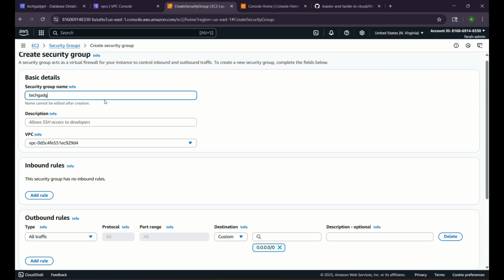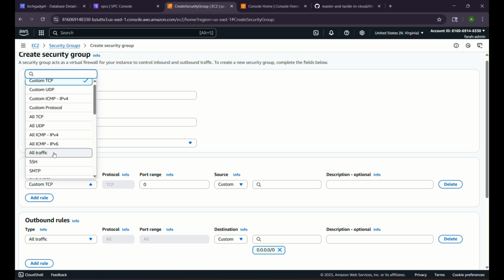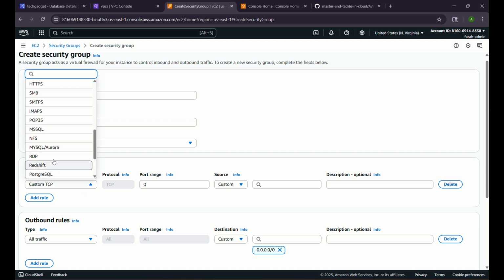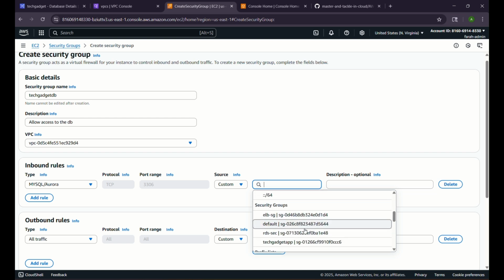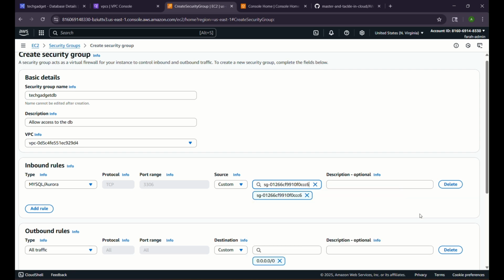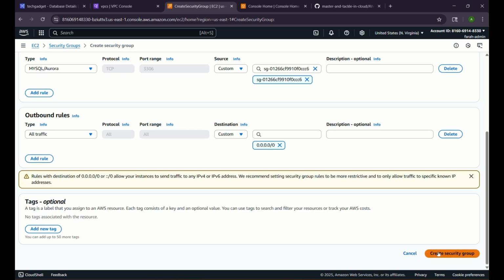Tech gadget DB, right? Allow access to the database. Then we create an inbound rule for SQL, only SQL traffic, because the user accesses the instance first, and then the instance is the one which is going to access the database, right? So that's the security